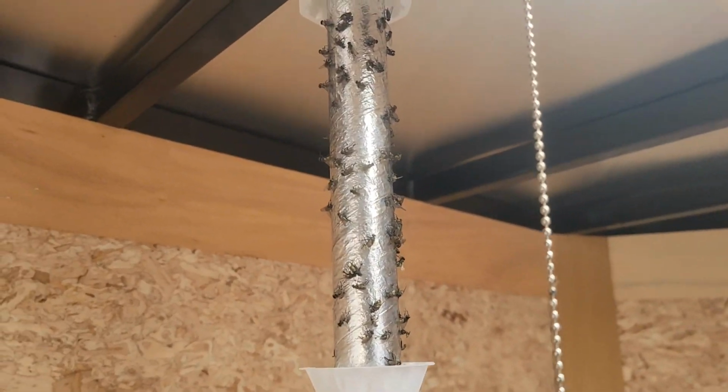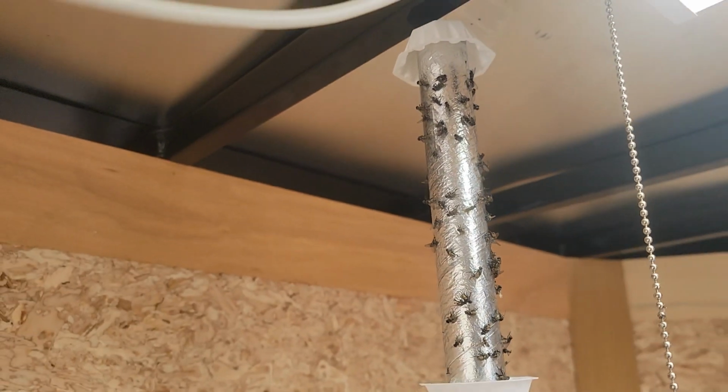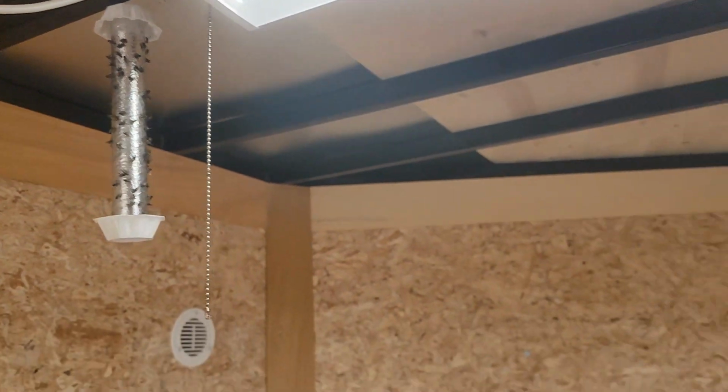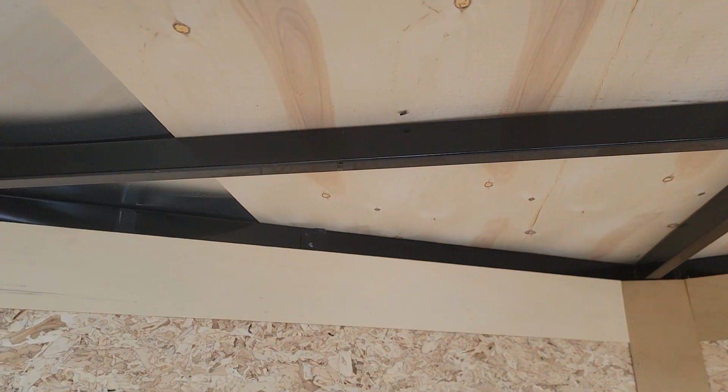So Arizona has biting flies. I know that's disgusting, but these things literally drill into you, big ones like that one. Oh, they're absolutely terrible. That's one of the biting ones right there. Oh, they're nasty. Anyways,